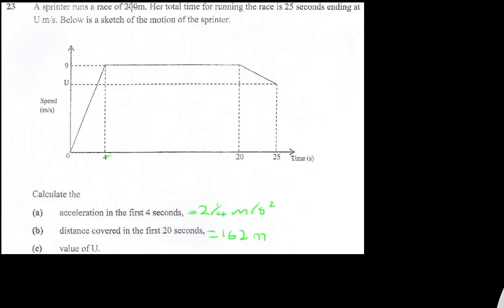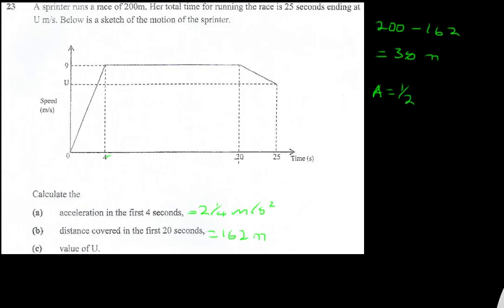We know that her total distance that she had to cover was 200 meters, and in the first 20 seconds she covered 162 meters, meaning we can find how much distance she covered in the last 5 seconds. To find that, we simply say 200 minus 162, and this gives us 38 meters. So the area of this shape is 38 meters. But what shape do we have here? This is a trapezium, and you know that the area of a trapezium is given by